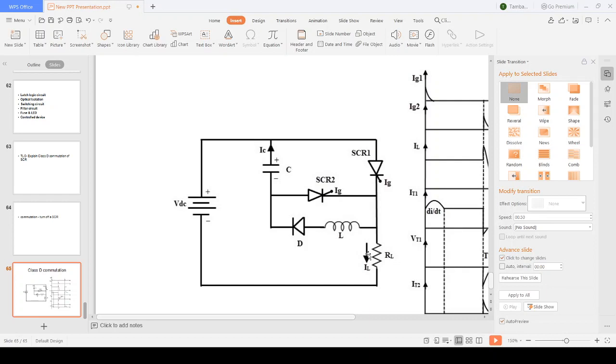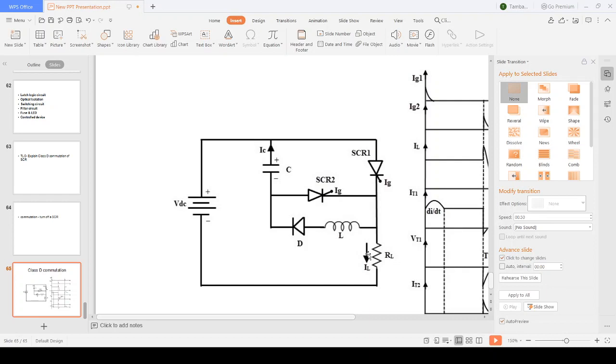Now in this circuit, I will request you to draw this circuit in your notebook when you are listening to this lecture. In parallel, you have to do some activities. So please draw this circuit when you listen to the lecture.